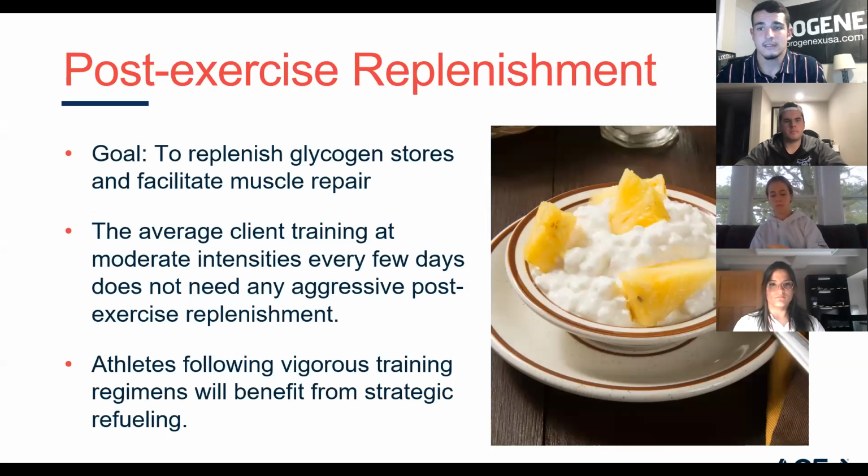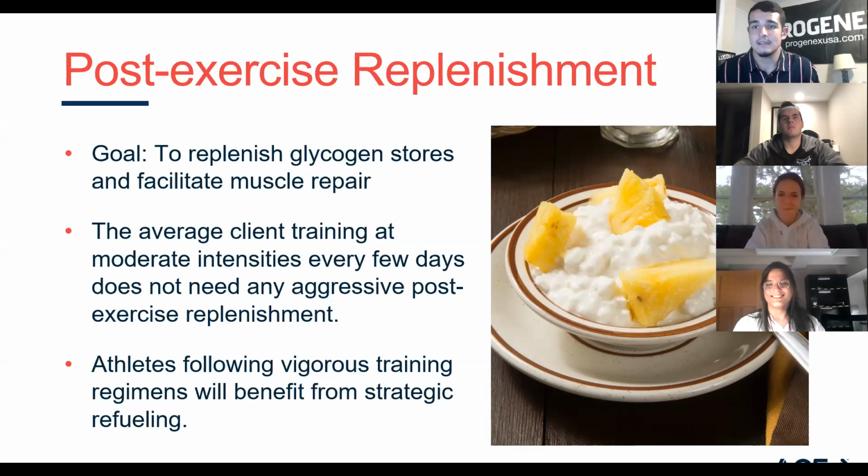Then post-exercise. Everybody likes to talk about that post-exercise window of gains. Like if you don't get your protein shake in, you're going to lose all your gains and wither away to nothing. Maybe if you're trying to put on weight, it is a good idea to consume some sort of calories early and often, just from a getting-enough-food-in-a-day perspective. However, you're not going to waste away to nothing if you don't get in your protein shake right after your workout. That anabolic window is more like an anabolic barn door in some senses.